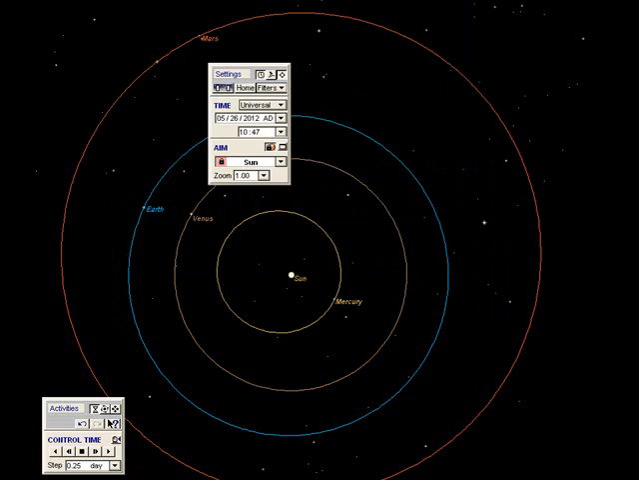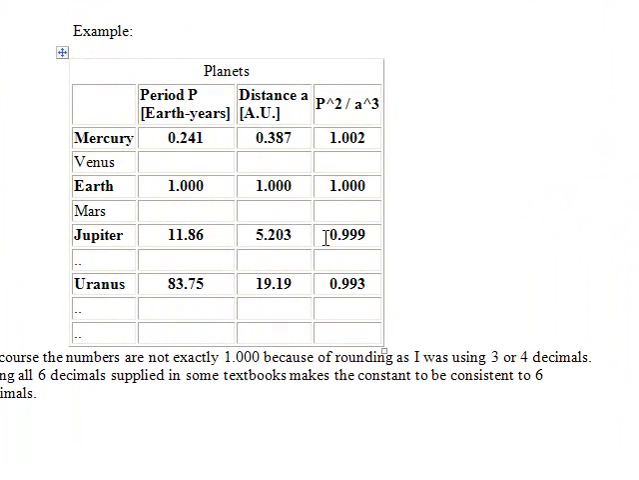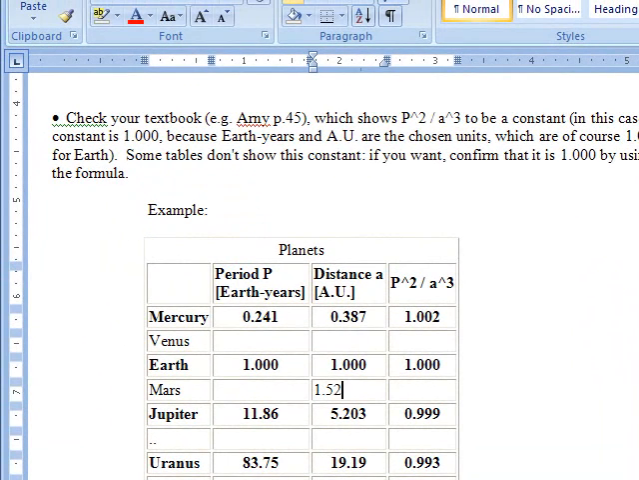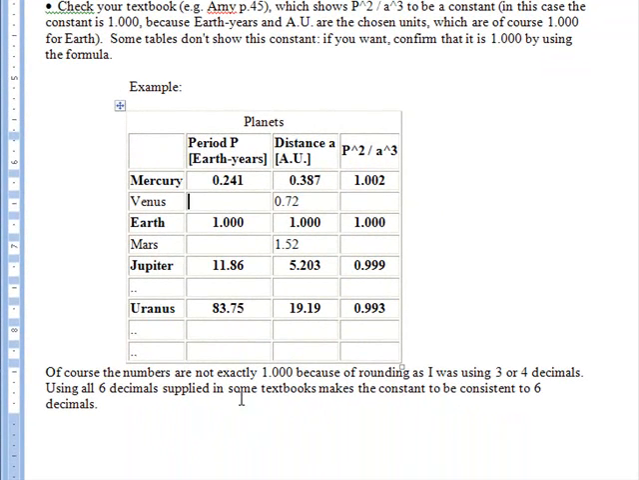Okay, here's what we're going to do with these numbers. So I'm going to put this one in here as 1.52, and here it's 0.72, and you could see that Mars is about 1.5 times of Earth's orbit. And now I have to actually figure out how long it took Venus to orbit, and here's the dates that I wrote down earlier: June 19th, 2010 to January